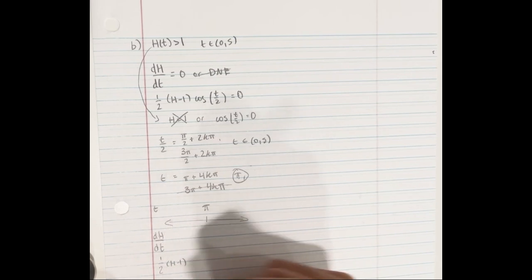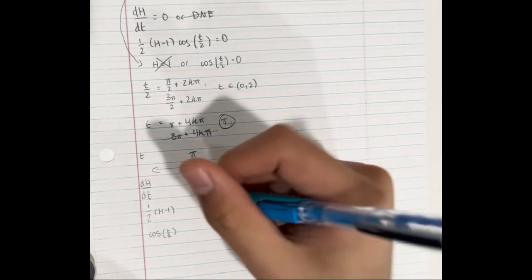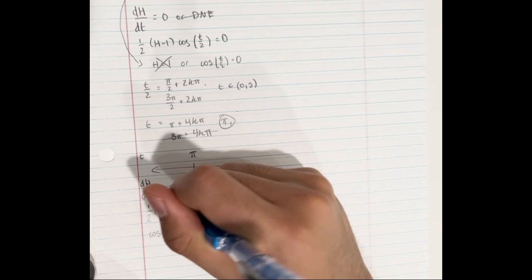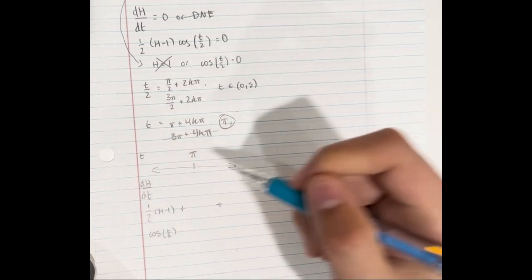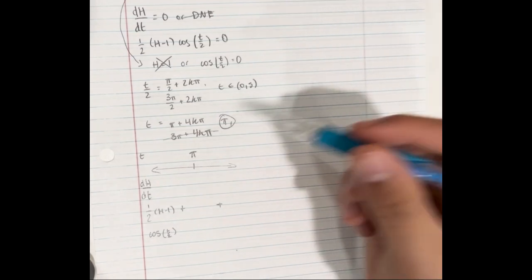And that just helps me put it together in my brain, you know. So 1/2 h minus 1 is always greater than 0 because h of t is always greater than 1, so that's positive, positive. Now, for values of t less than pi, but still greater than 0,